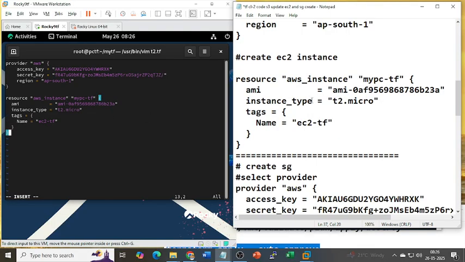Check it. Here I mention the resource is aws_instance. That is how Terraform knows it, as an AWS instance. And this is a local name that is inside of Terraform. AMI, I just mentioned the AMI. I copy pasted it. AMI means